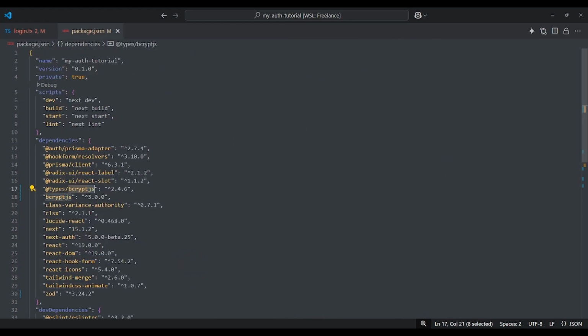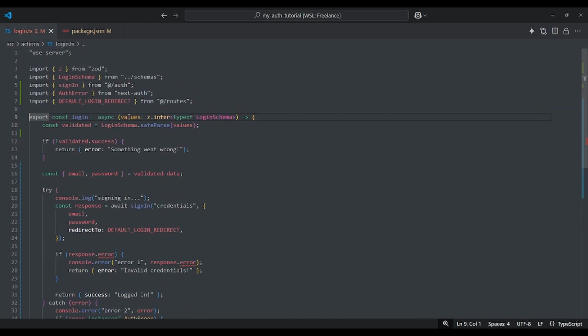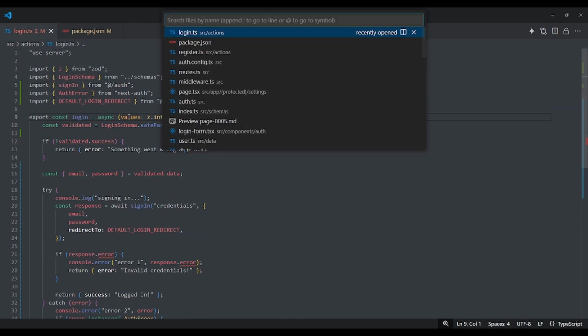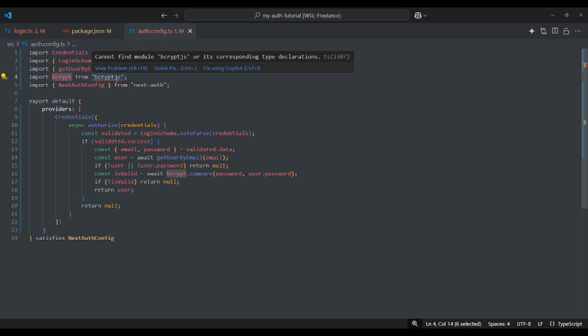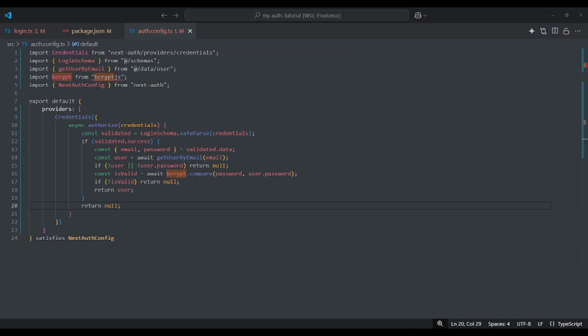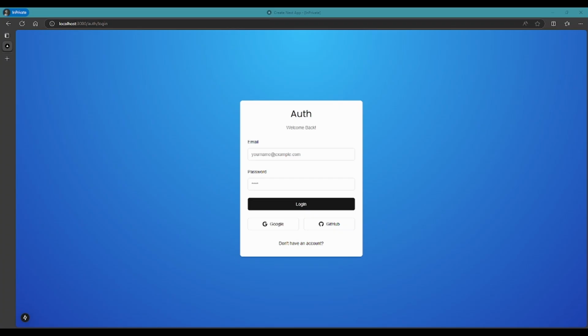So since I am now using bcryptjs, I also updated some files wherein I import bcrypt from bcrypt, now import from bcryptjs. So from that, we can now test this again in our browser. So here, you can see the error is now gone.